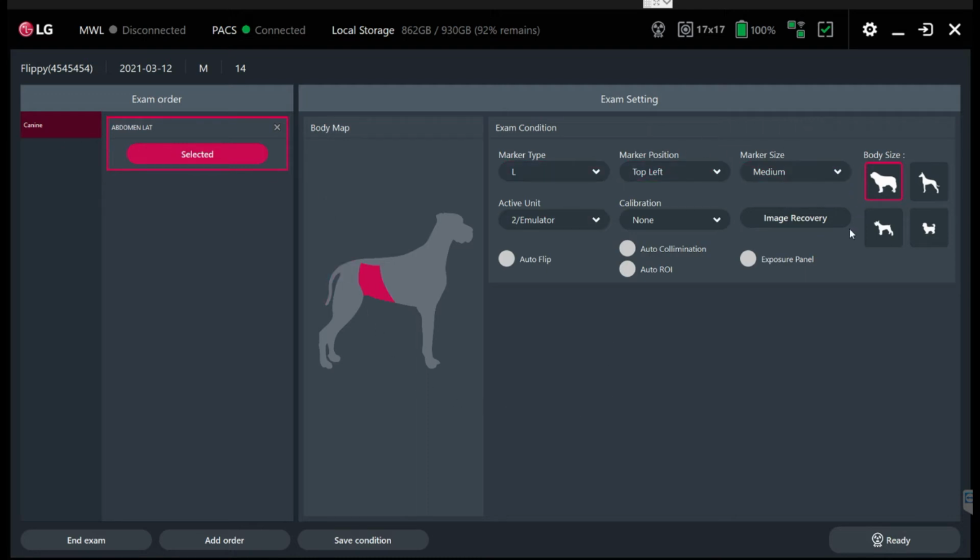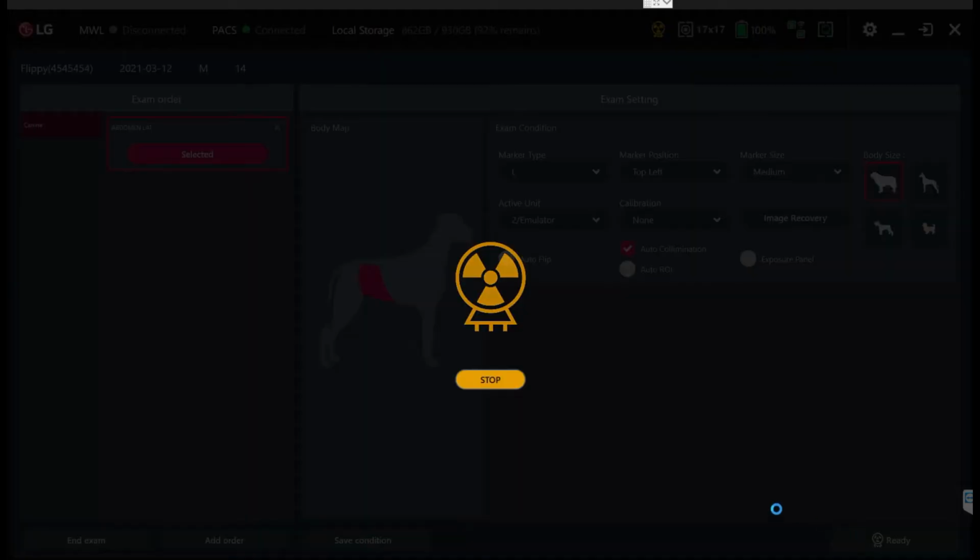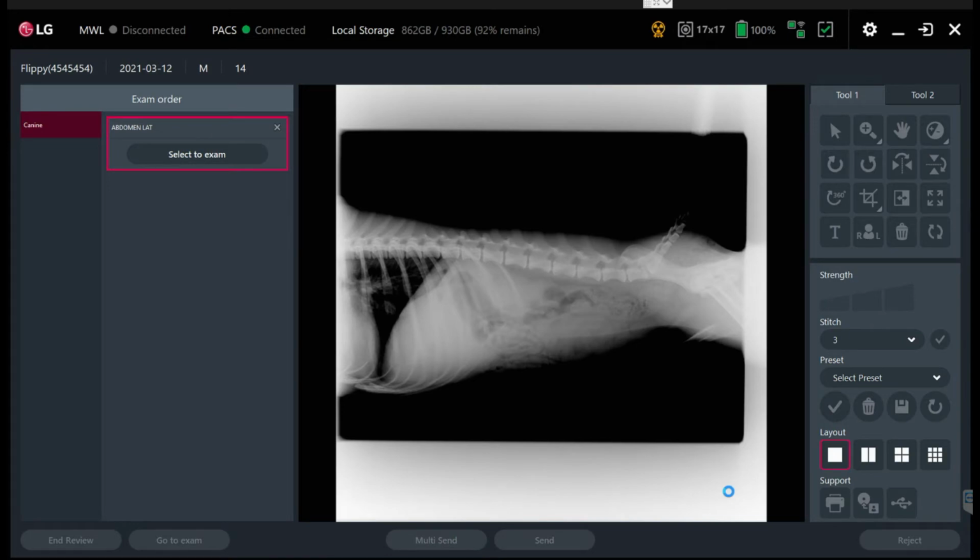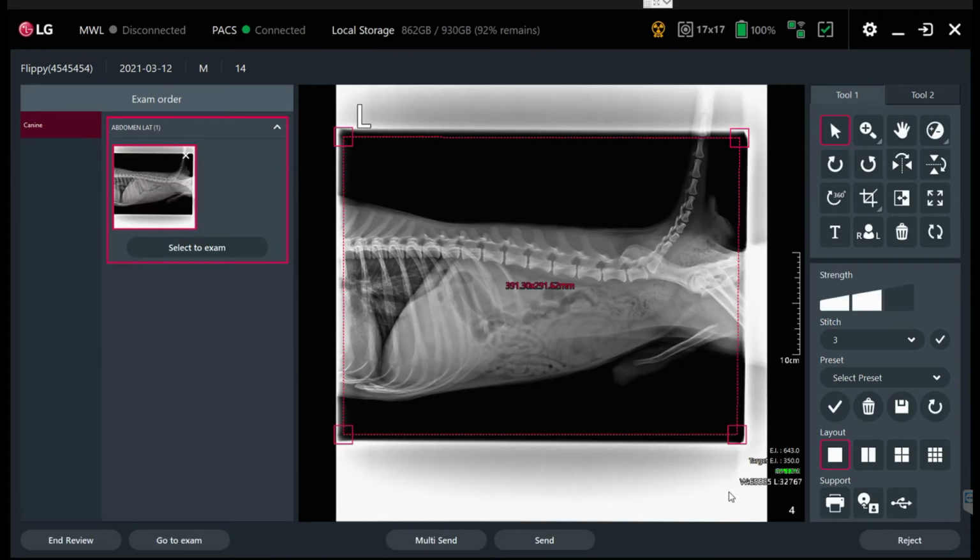A lot of this stuff over here is really just by default. We can turn on auto collimation if we like, so it can cone down and at least show you the cropping once the image is done. So at this point, we make x-ray. And this is obviously a simulation, so I'm invoking it with a mouse click. But in practical purpose, the panel has automatic exposure detection. It doesn't need to be interfaced with your generator at all. The retrofit is very quick and simple, and it uses your existing equipment, and you're going to get beautiful x-ray